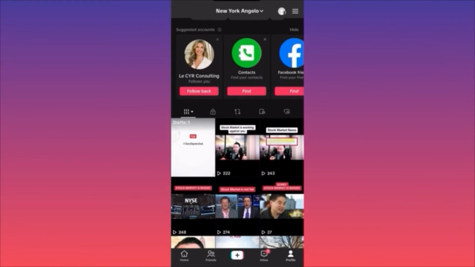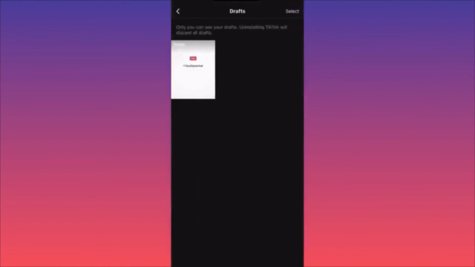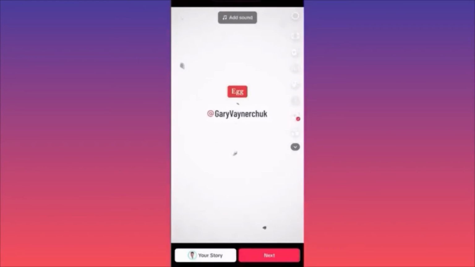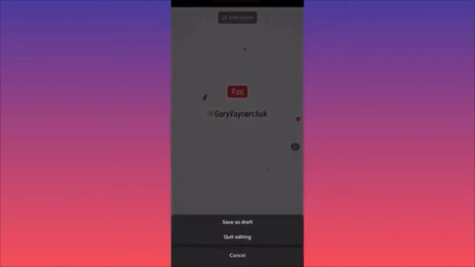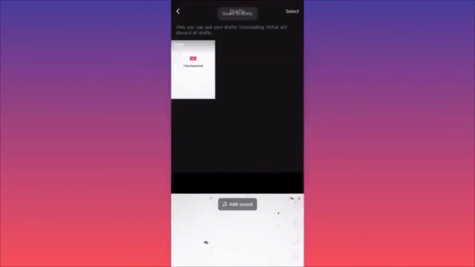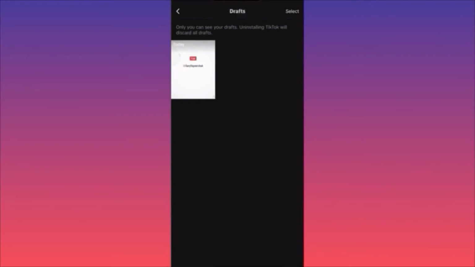And when you click on draft, you're able to do two things, right? First option would be to just post it, right? Click on it once and then click next and click post. Very easy. But let's say you didn't want to do that, right? Let's say you change your mind, you want to delete it. How are you going to go about it?